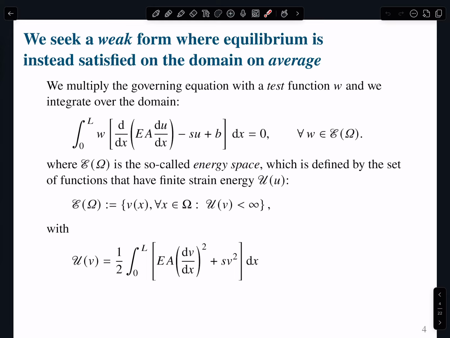And again, this is, I believe, really the cornerstone of what we do today in simulation. We're going to talk a little bit about that later in detail. But think about it. The moment I set this orthogonality condition between my differential equation and my weight function, I'm saying that these two things have to be orthogonal, right? But it's not only one weight function. It's a set of weight functions, right? It's a space. We call that the energy space.